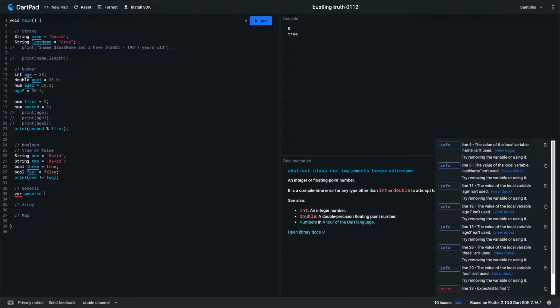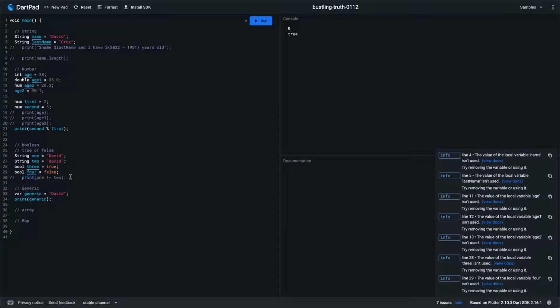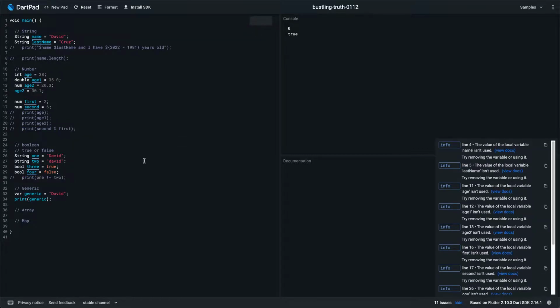Generic, for example. Okay, so bar generic. What is this? So generic can be David, for example. Okay, that we can see, for example, it will be perfect. We just print, and what happens if we print is we put generic, and let me just comment this line and the other line itself. So generic itself,